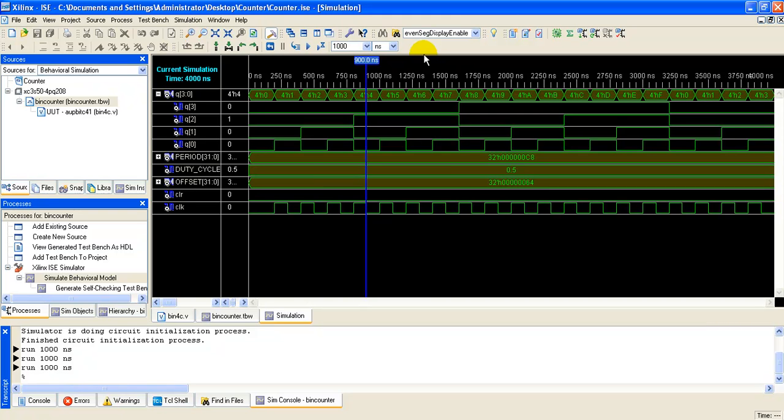Once the value reaches F, that is the maximum value of the count, 1111, it is again reset to 0, that is all the states of the flip-flops will be equal to 0000, and again the count starts for the next clock cycle of the inputs. So this ends the session. Thank you all. Thank you very much.